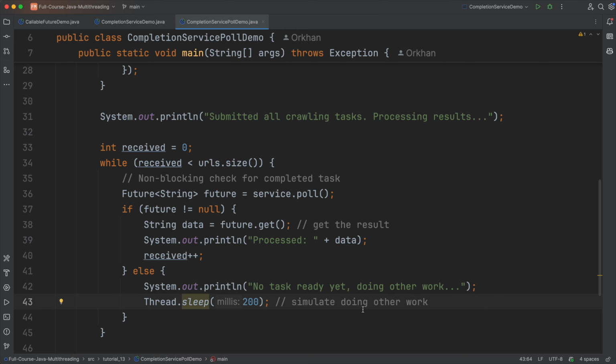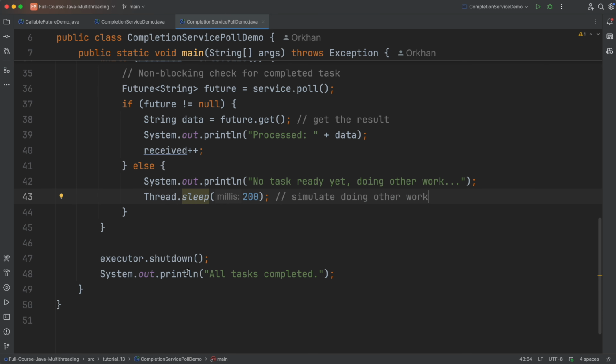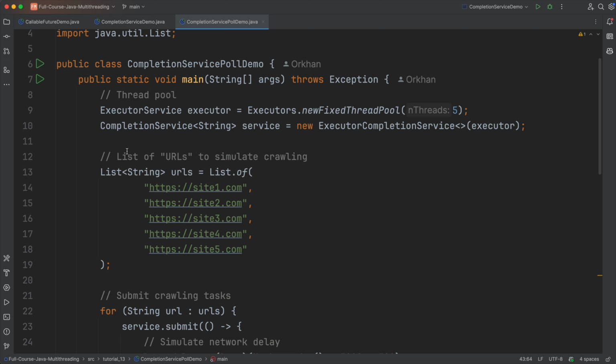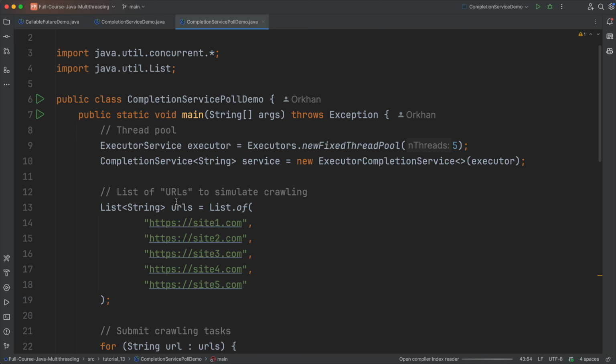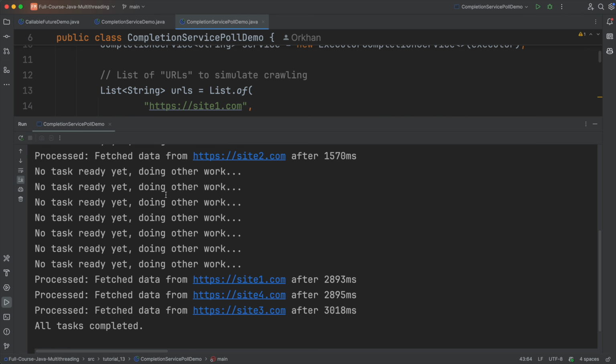Here we are just simulating some work by putting the thread to sleep for 200 milliseconds, and at the end we shut down our executor and print that all tasks are completed. Let's run it. This one is completely non-blocking, a completely asynchronous service, and as you can see here,